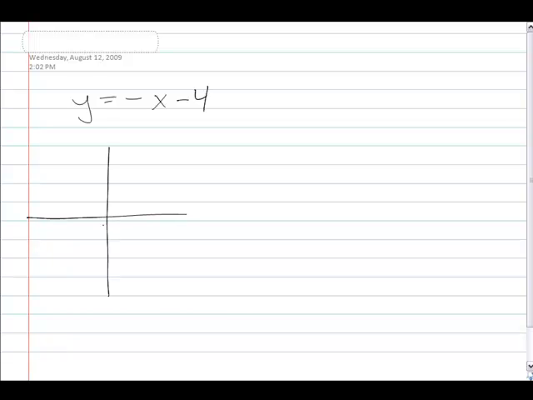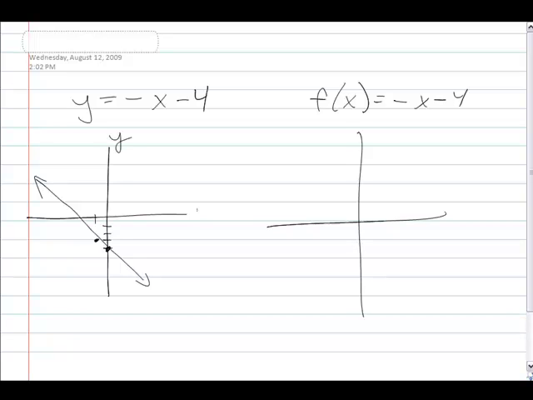Now if I want to graph functions, it's essentially the same way that we've graphed before. If I want to graph y equals negative x minus 4, I'd first find my y-intercept, which is negative 4, plot that point. My slope is negative 1, so I go up 1, left 1, and there's my line through those 2 points. Now if I want to graph f of x equal to negative x minus 4,